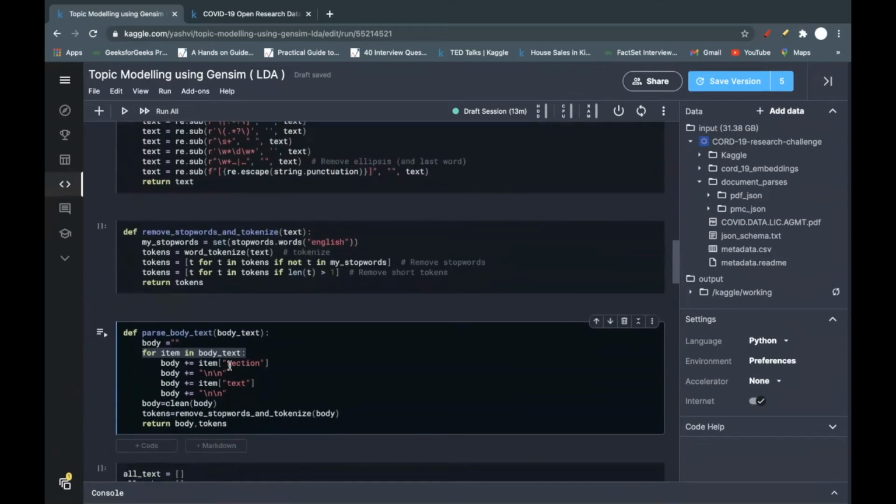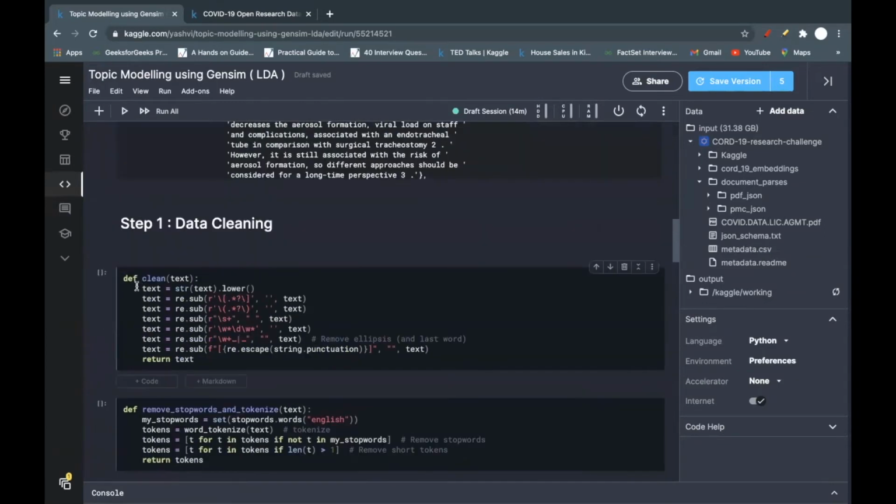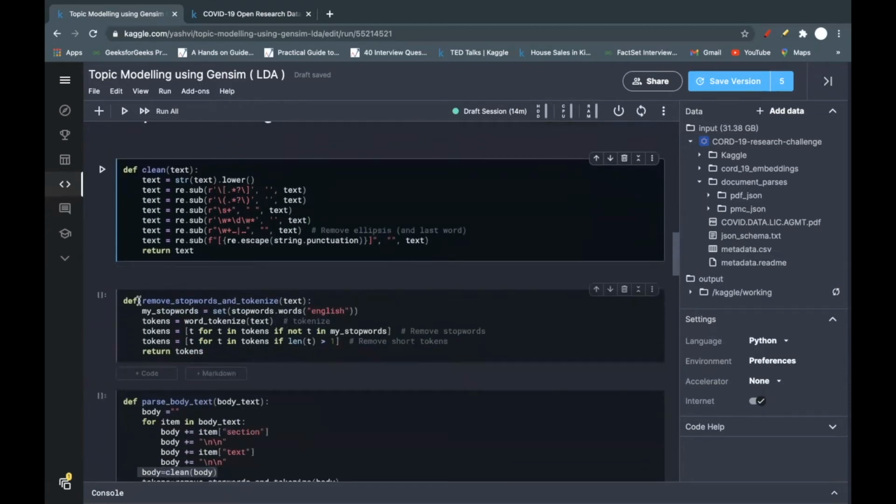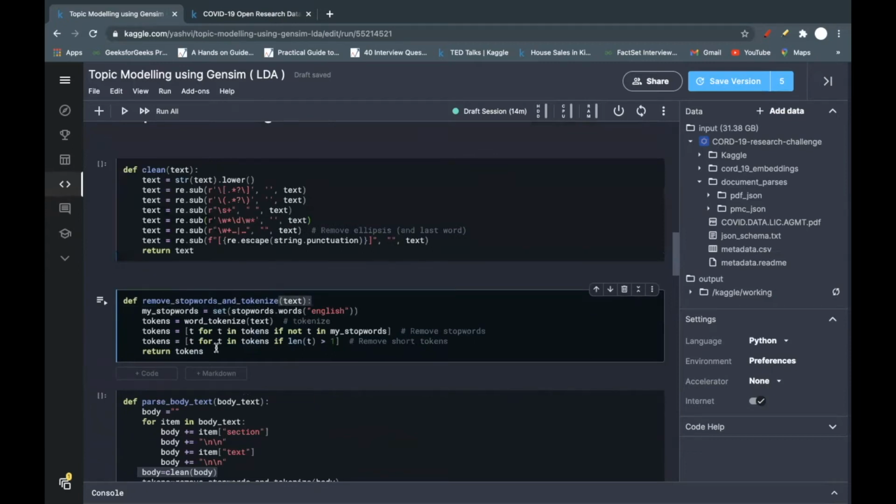So this is what I'm doing: I'm taking section and text, adding them into one, and cleaning that body with the clean function, which is removing text inside square brackets, circular brackets, multiple spaces, words which contain digits in between, and ellipsis or punctuation, etc. And this function is removing stop words from my text because I don't need stop words like not, is, on.